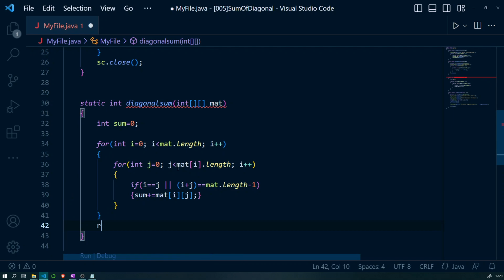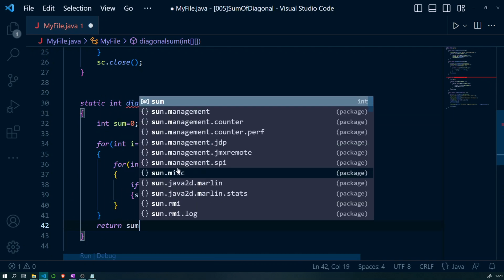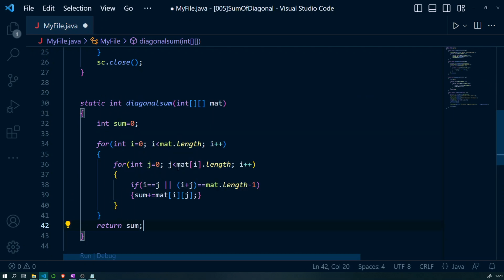And at the end what we need to do is return sum.